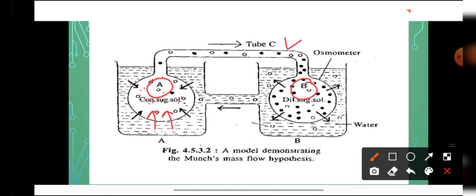A. So in case of osmometer A, there is high turgor pressure, whereas in case of osmometer B, there is low turgor pressure. So there is a difference in the turgor pressure along the two osmometers. And this difference in the value of turgor pressure along the two osmometers is known as the turgor pressure gradient. And this turgor pressure gradient will cause the mass flow. Mass flow means movement of water along with the solutes from osmometer A to osmometer B through the